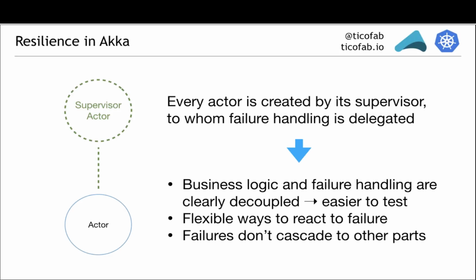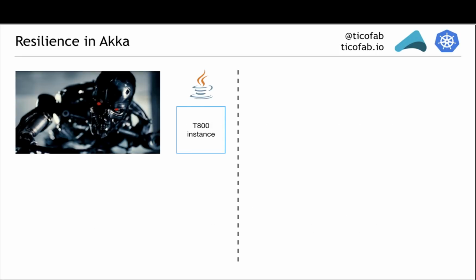And in practice, what does it look like? This is our friend from earlier on, and let's say that you want to code a Terminator. I don't think it's a good idea, but unfortunately, I'm positive that someone on this planet is trying to do that. But anyway, let's say you want to code it using Java without Akka. Then most likely you will have a T800 instance, and your code in it will look something like this. You will try to walk, but you know that things can go wrong, so you might want to catch an out of legs exception right there.